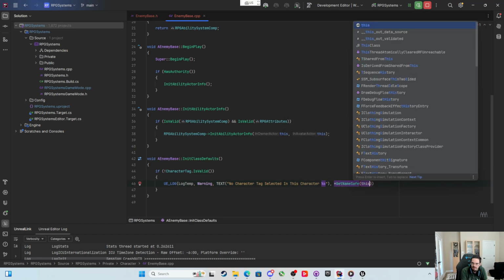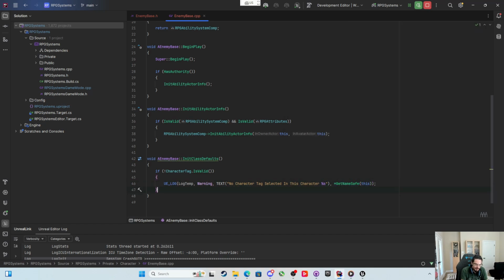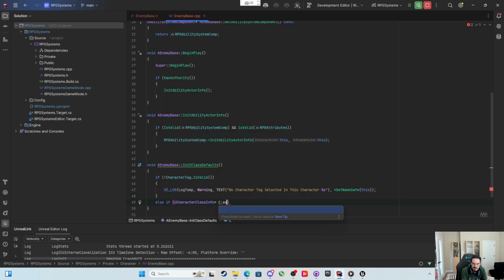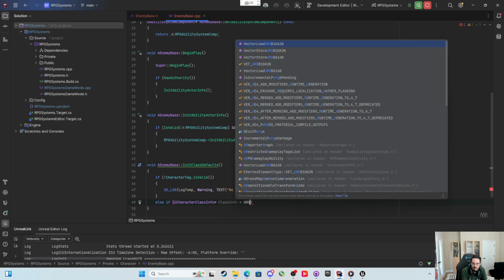Save this. Then we'll do else if UCharacterClassInfo pointer ClassInfo equals the URPGAbilitySystemLibrary::GetCharacterClassDefaultInfo,